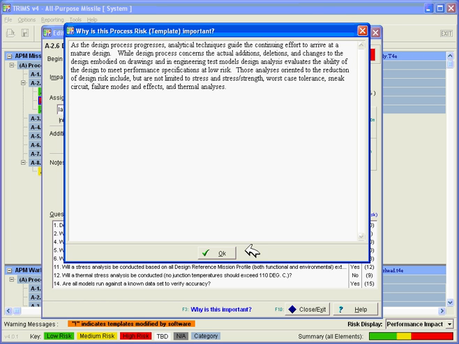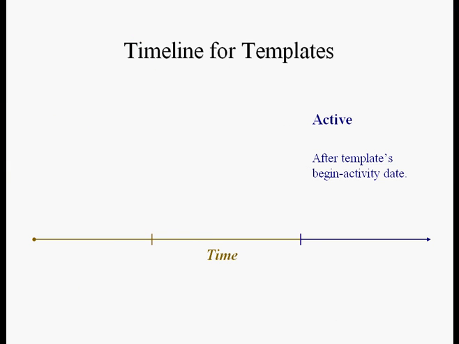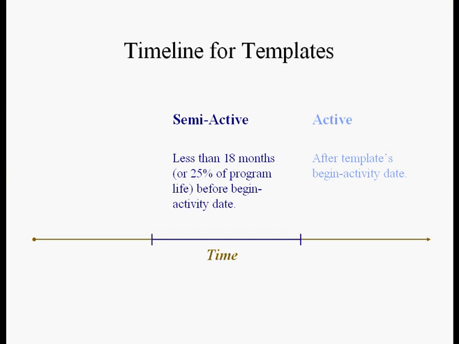Let's go over the rest of the items in this window, starting at the top and working our way down. First up is the begin activity date. There's a period of time totaling 18 months or 25% of the life of the program immediately prior to the